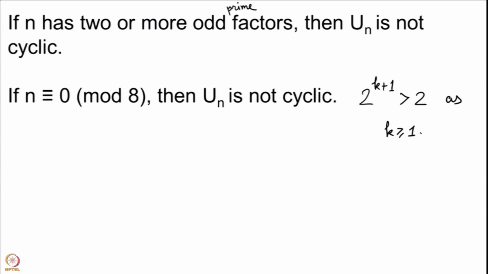So, this group is also not a cyclic group. Now the cases are as follows. You will have that 4 divides your number n, and then there can be one more odd factor. If there are 2 or more odd factors, then we will refer to the first statement and Un cannot be cyclic. Now we are going to deal with the cases where n is p^e, where p is odd, 2p^e where e is odd and p is odd, or 4p^e where p is odd. Those are the cases that we have to deal with.